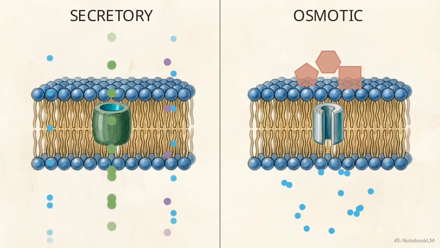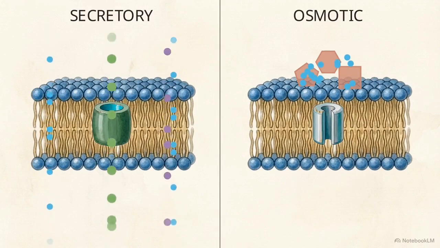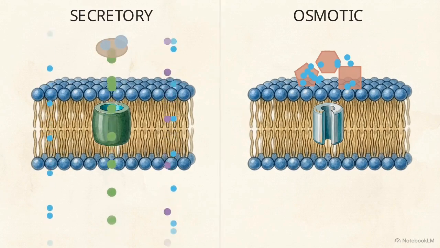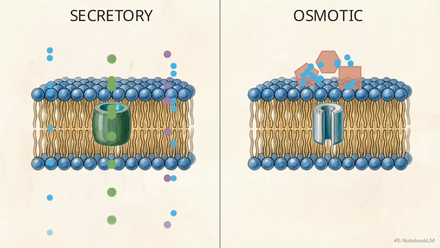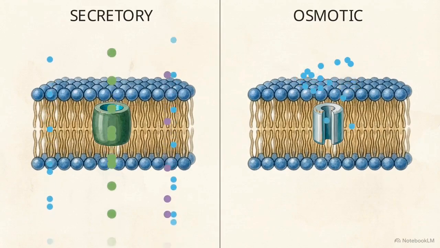These two distinct molecular environments produce the same result, an accumulation of fluid in the lumen. Because the secretory mechanism on the left is driven by a locked intracellular signal, the fluid loss continues even if the patient stops eating. The osmotic mechanism on the right is purely passive and depends entirely on the physical presence